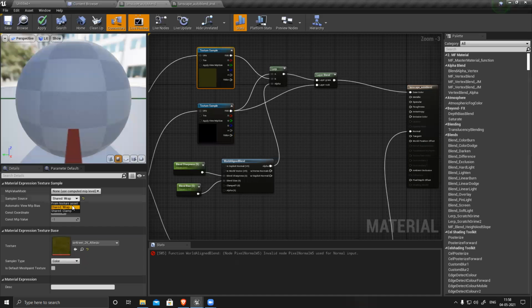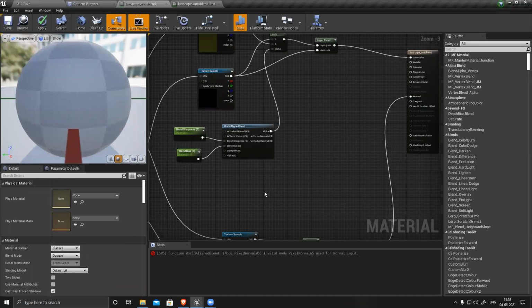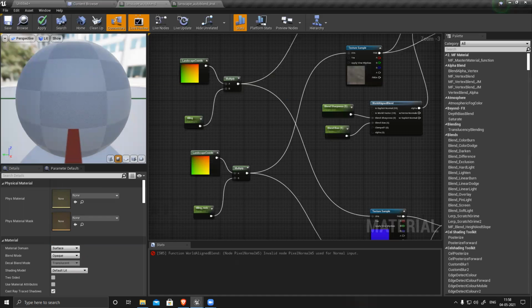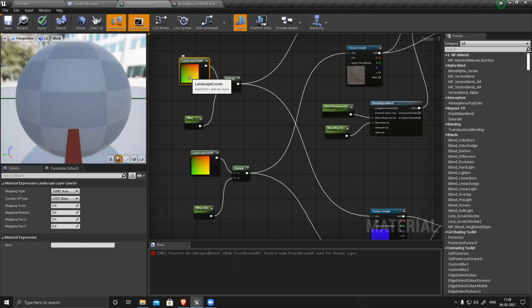Sometimes it gives you issues. So if you convert the texture into wrap, it should work. But why is it showing error? Correct only.